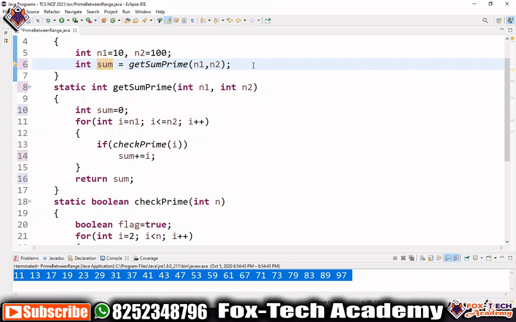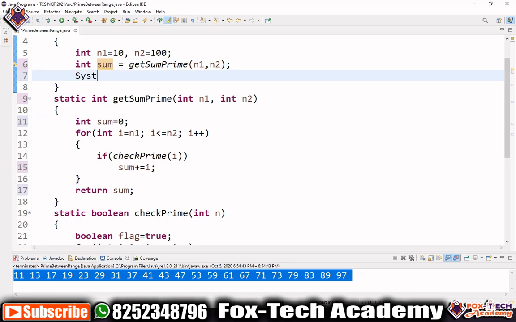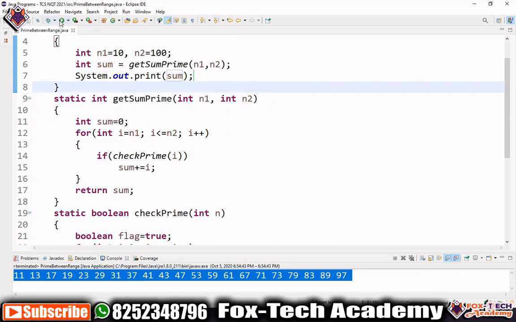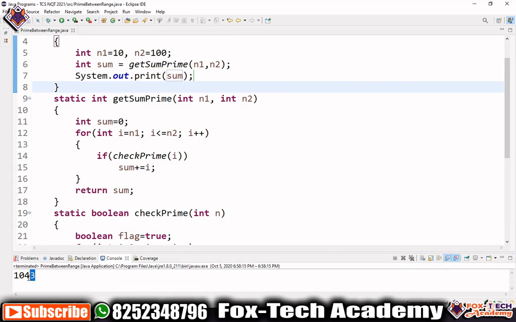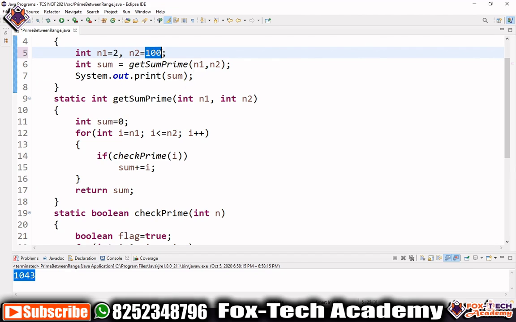And here we will print, System.out.print, and we will print sum. So let's run it. We see 1043 is the addition of all prime numbers between 10 and 100. Let's check by putting 2 and 10.